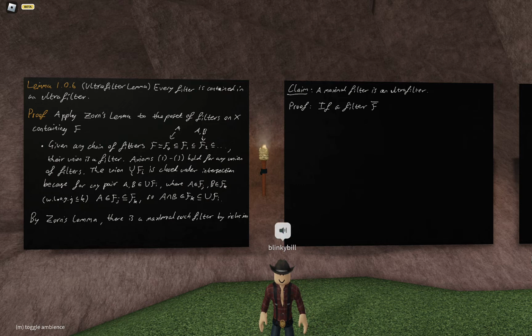So if a filter F bar is not an ultrafilter, then by not satisfying axiom 5, you have